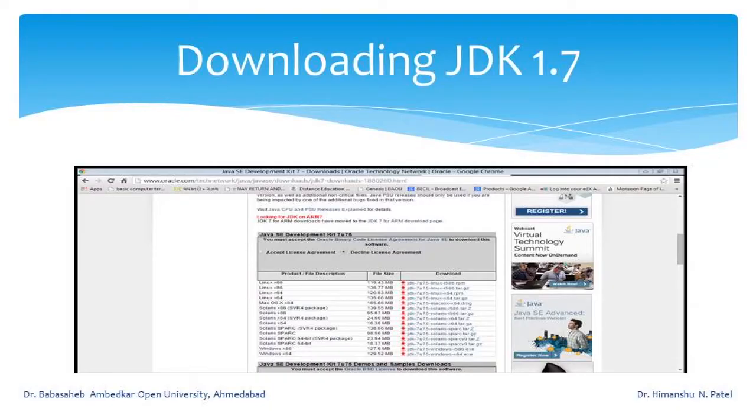In the next slide we show the bottom of the previous page, and here you can see the list of JDK available for download, and you can see it is available for Linux, Solaris, Windows, Mac, and whether your operating system is 32-bit or 64-bit. Accordingly, you have to click that button and also accept the license agreement.